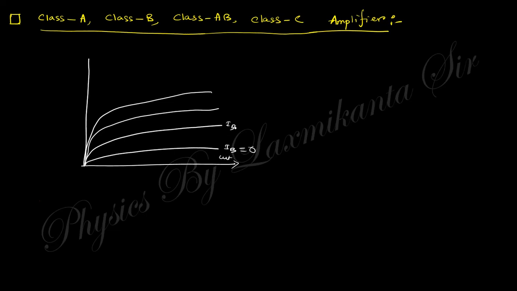IB is increased here, and so on. And the load line will be like that. Suppose this is the load line. So these are the Q points here. If you choose the Q point like here,